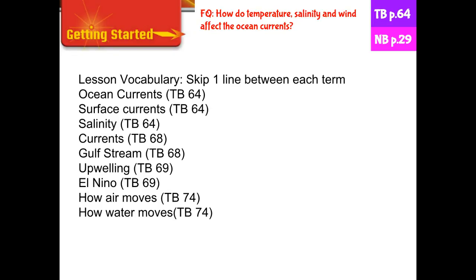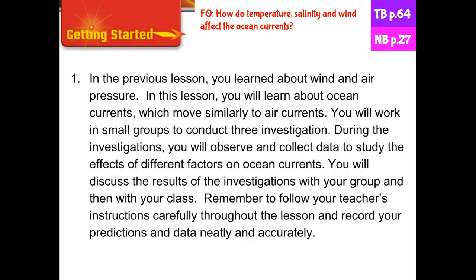You're going to want to skip a line between each. Ocean currents, surface currents, and salinity are all on page 64. Currents, Gulf Stream, upwelling, El Nino are on 68 and 69, and how air moves and how water moves are both on 74. So for the first part, we're just going to be talking about collecting data and observations,